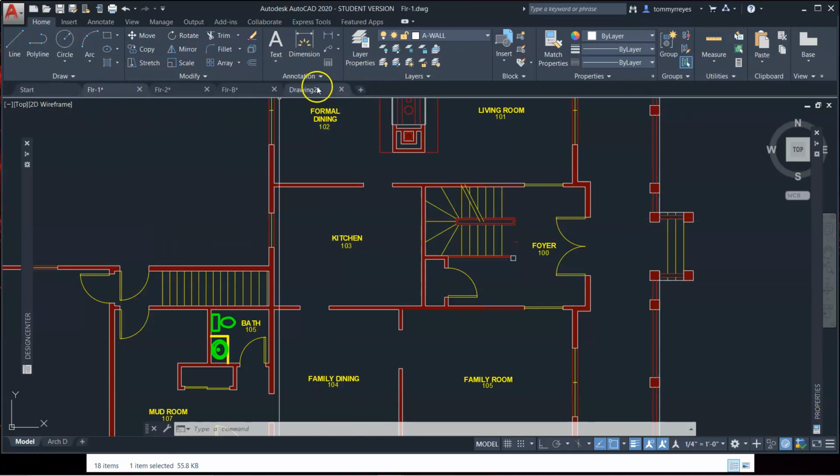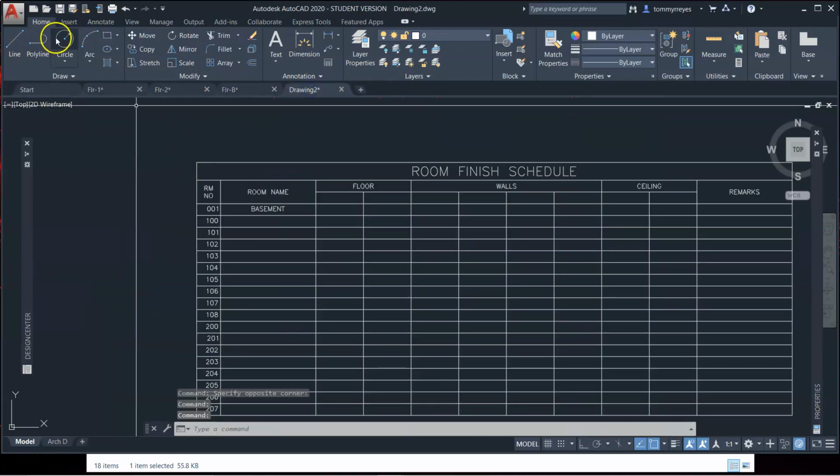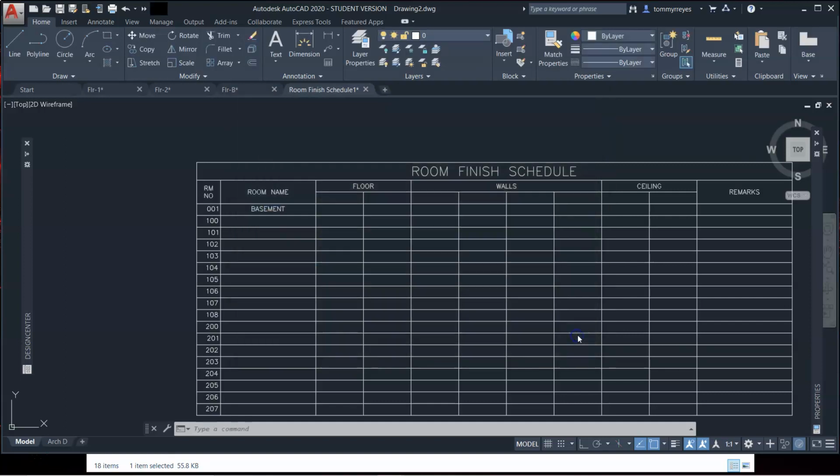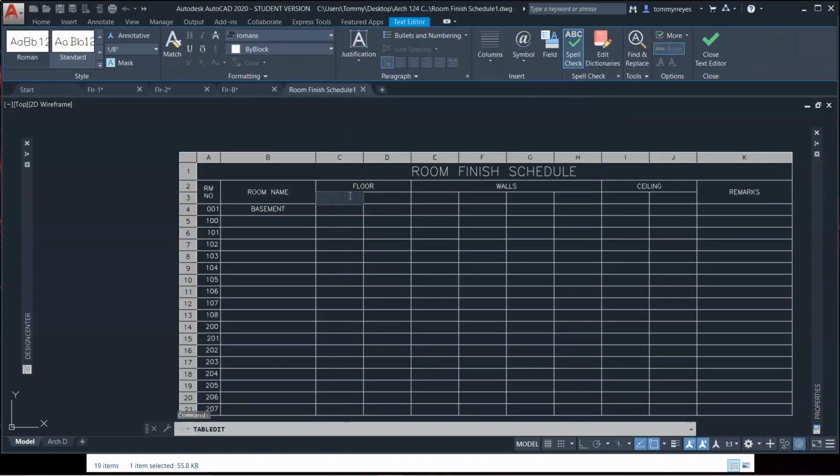And so let me go back to this. In fact, let me save this. Control Shift S. And this is the room finish schedule drawing. Let me add a 1 to it because I already have one right here. So, and then here we're going to populate this finish